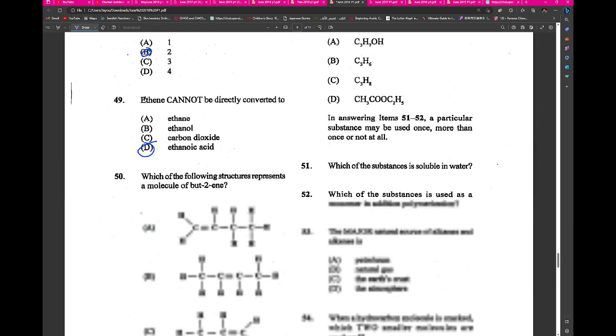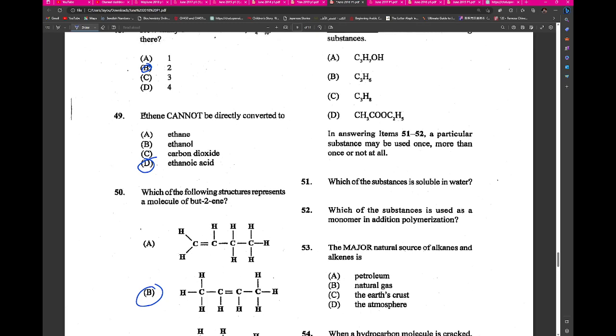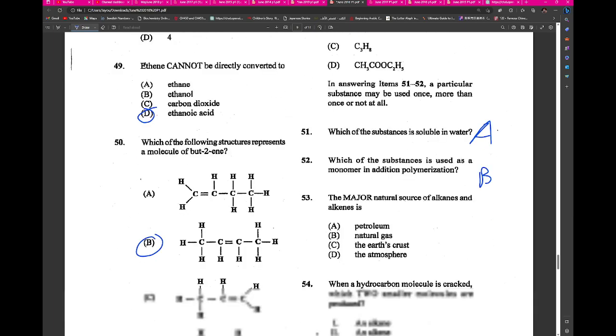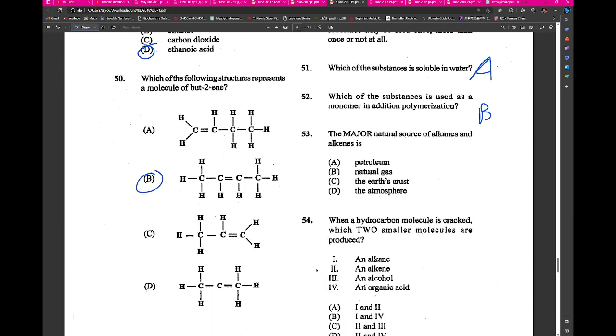Alright, which of the substances is soluble in water? Alright, what is soluble in water? A would be soluble in water. Which of the following substances is used as a monomer in addition polymerization? Would be B. The major natural source of alkanes and alkenes is